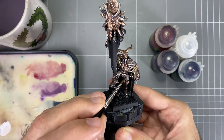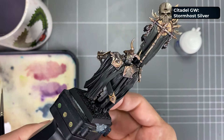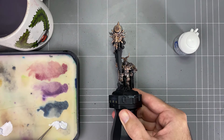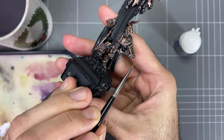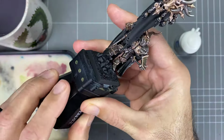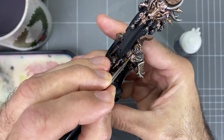And so once we've sorted that out, now we're into that final step, which is probably the most important. And here we're doing a line edge highlight with the Stormhost Silver. So you're using a fine detail brush here. Okay, you're getting that Stormhost Silver out onto the palette, and you're beginning with adding a little bit to the brush, twirling it off to give yourself a nice point, and you're going around and just hitting those edges, nice line highlights, dragging it down towards yourself, making sure you're comfortable, using the edge of the brush like a knife